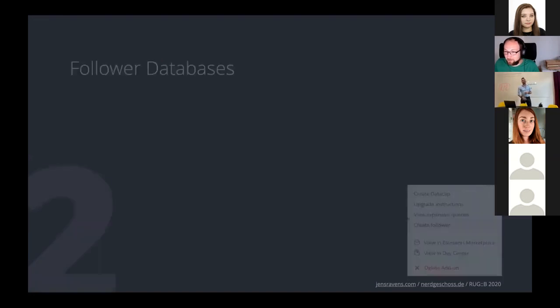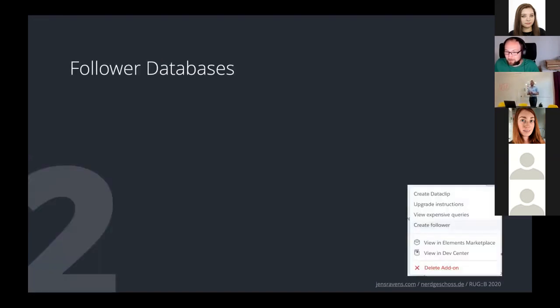The next one, still quite obvious. If you have problems at the database, just do a follower database. If you're on Heroku, it's literally as easy as clicking on create follower. And we are on Rails 6, so doing main databases and replica databases is not that hard. It's basically a few lines of configuration. If you don't do a lot of caching, it's as easy as a few configuration files and you run in the main follower database